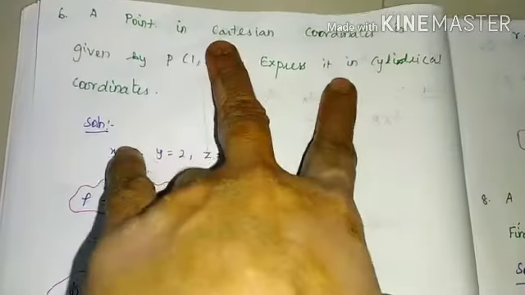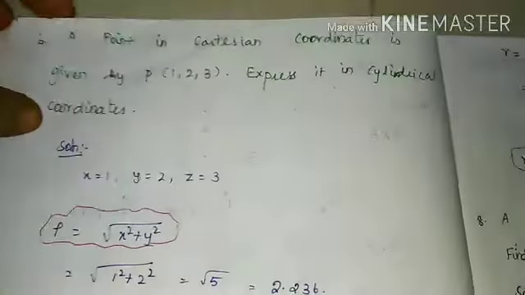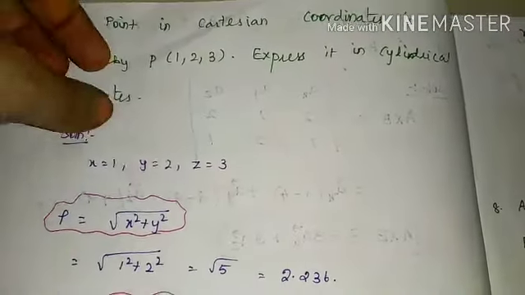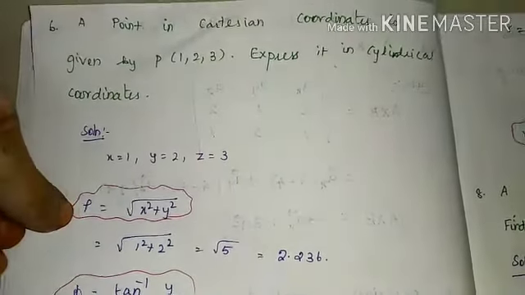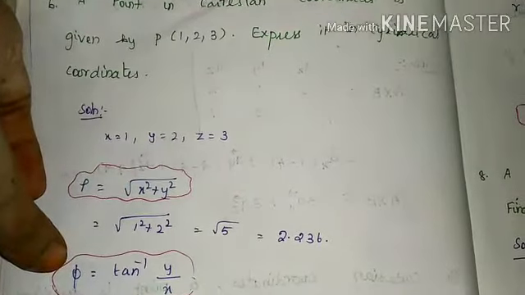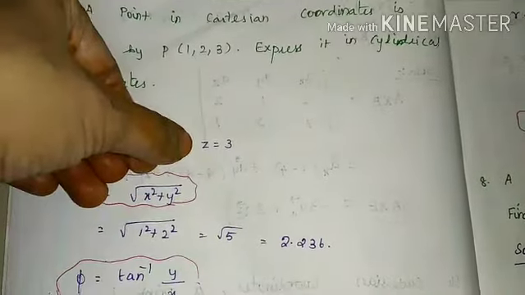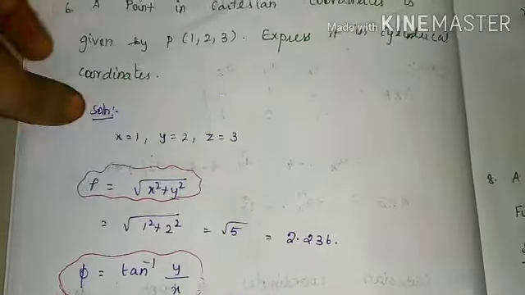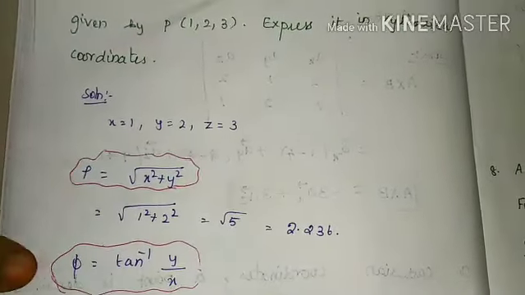Already we have compared the Cartesian and cylindrical coordinate systems and the relationship between them. Already we have seen it in the starting of our session, right? So what are the cylindrical coordinates? Rho, phi and Z, right? So rho is nothing but the radius of the cylinder. Phi is the angle of rotation of the cylinder and Z is the height of the cylinder. See, here also we have the same Z. So these two things are the same. So only these two values we are going to find, that is radius and the angle.